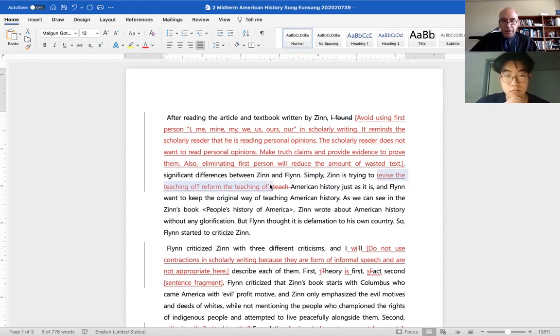So either one's all right. And so I think that's what you're trying to say. Zen is trying to revise the teaching or reform the teaching of American history just as it is. And Flynn wants to keep the original way of teaching American history. So I'll let you choose one of those two that you want, because if Zen wants to change, Flynn